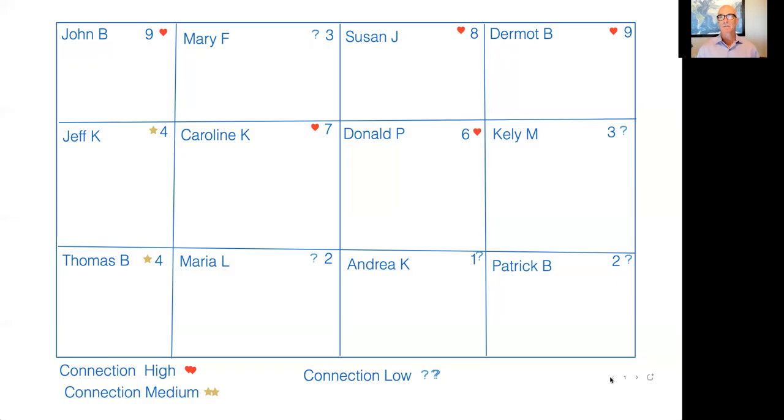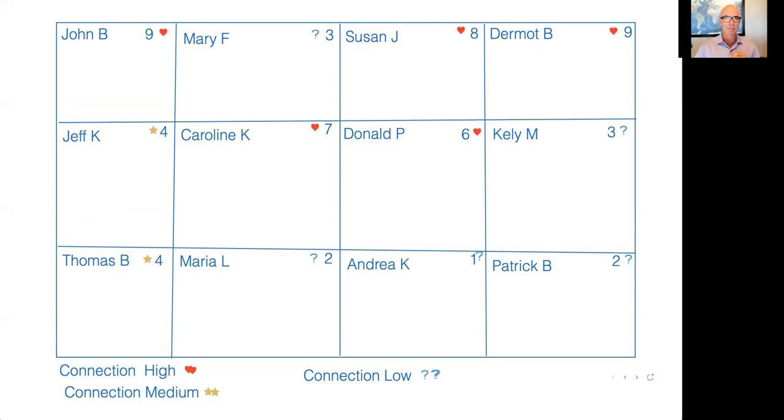Now, there are 2 ways to fill a group. You can go far and wide, which means you market to a really big audience of people, or you can go close and deep. The way I'm teaching it, and again, it's not the perfect way, it's a way, is near and deep. You go with the people that you know and you invite them from there. Okay, so step 2. After you make a list of people, you put it on a chart like this, and you scale it.